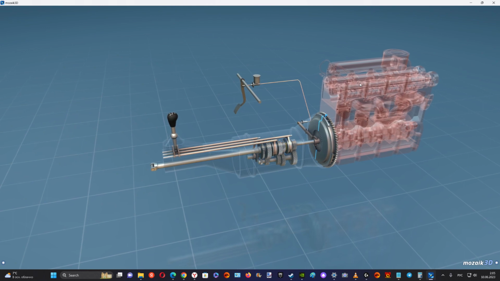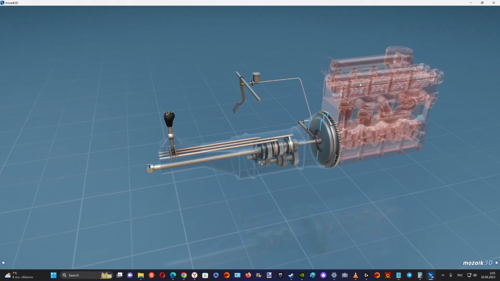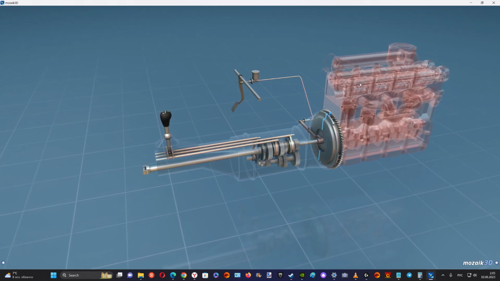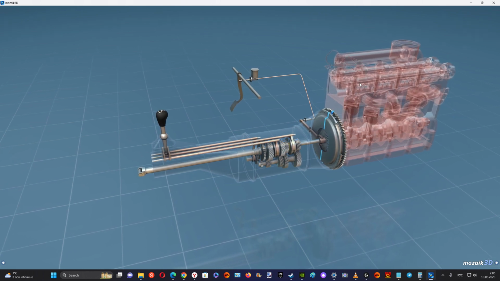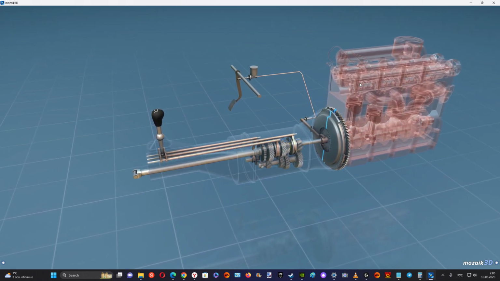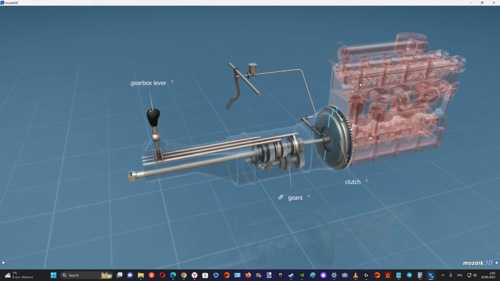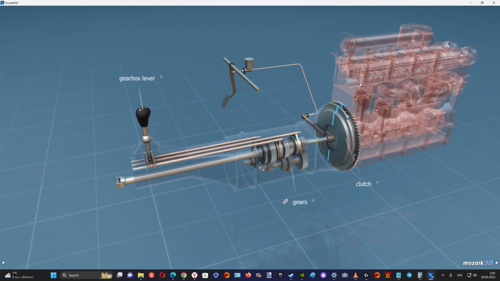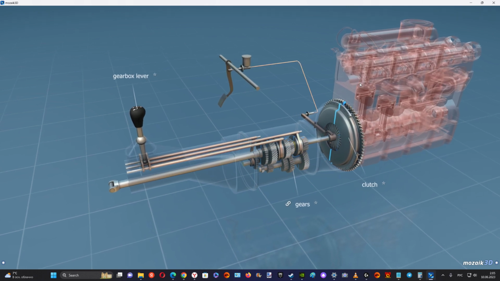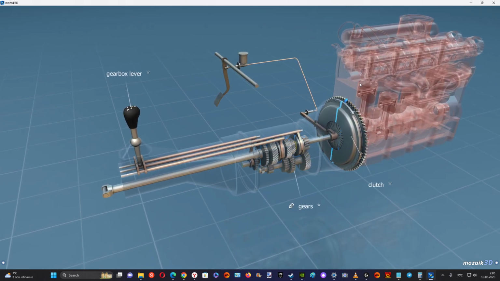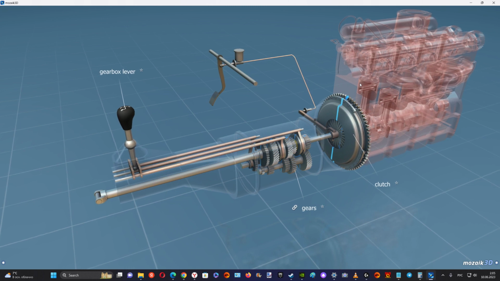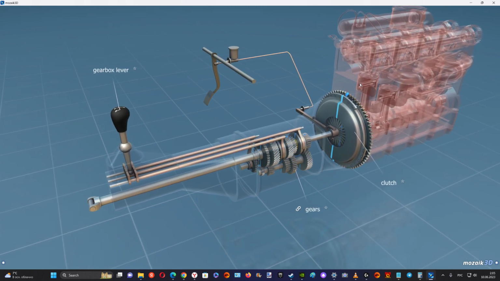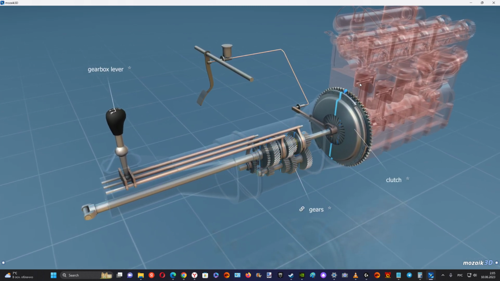In transmission systems, the engine torque is modified by reducing or increasing the number of revolutions per minute, or RPM. The RPM can be changed by selecting gears. The smaller the gear that drives a bigger one, the smaller the rotational speed of the bigger gear, and thus the greater the torque. To enable the engine to move the gears, a connection has to be established between them,